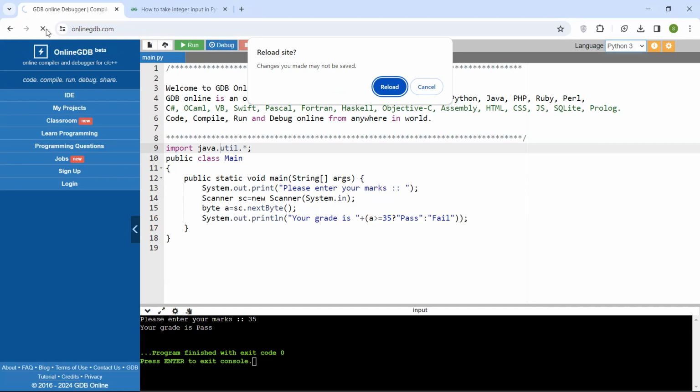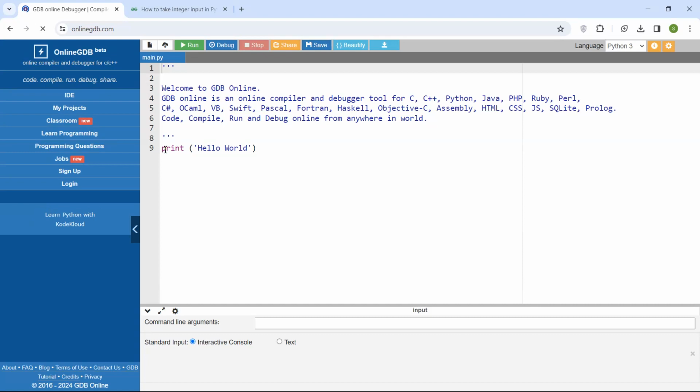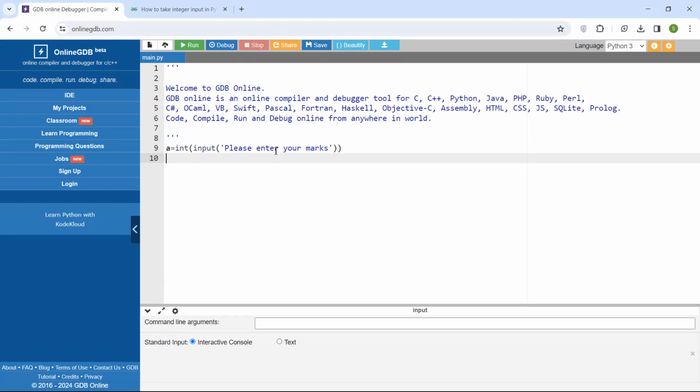Now the same program I will be doing in Python. In Python the ternary operator works in a different way, and that's what I am trying to show you in this particular program. So we'll be having a variable a equals int, because input takes everything as a string. Let me write the line first: please enter your marks. Whenever we are taking something using input, it is treated as a string, so we need to convert it to integer. Now comes the print section. We'll be saying your grade is, and here will be a bracket, maybe dot format,